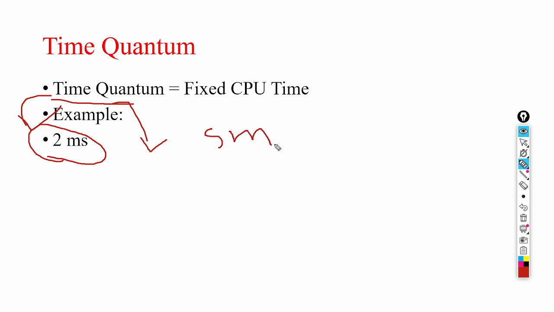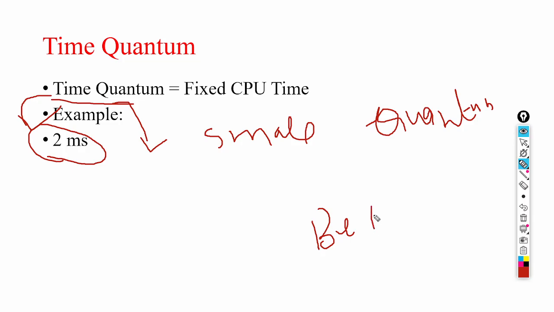A small quantum means more context switching, and a large quantum makes it behave like FCFS, first come first serve. Okay,